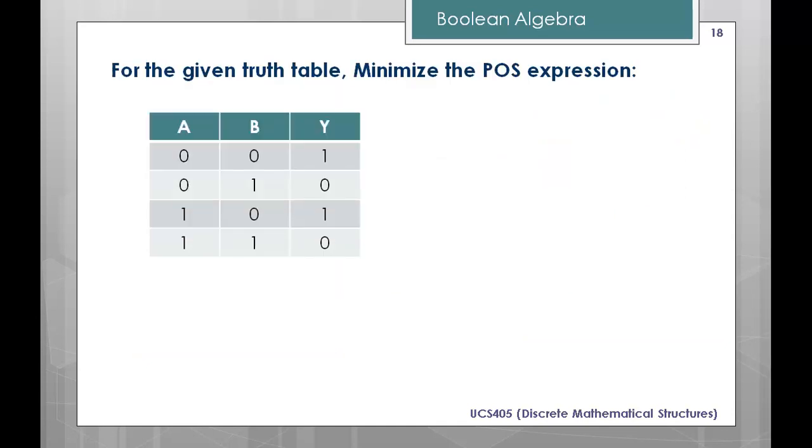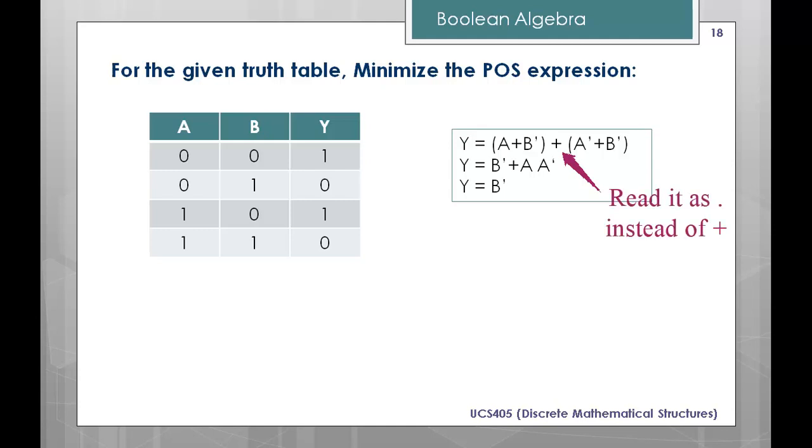This is about the sum of products form. Next we are going to study the product of sums form. The truth table again is given to you. We have to minimize this expression as a product of sums. Two inputs are there: 00, 01, 10 and 11, and these are the outputs. Now we solve it where the 0 is coming. See, this is M0, M1, M2 and M3. So here it is M1 and M3.